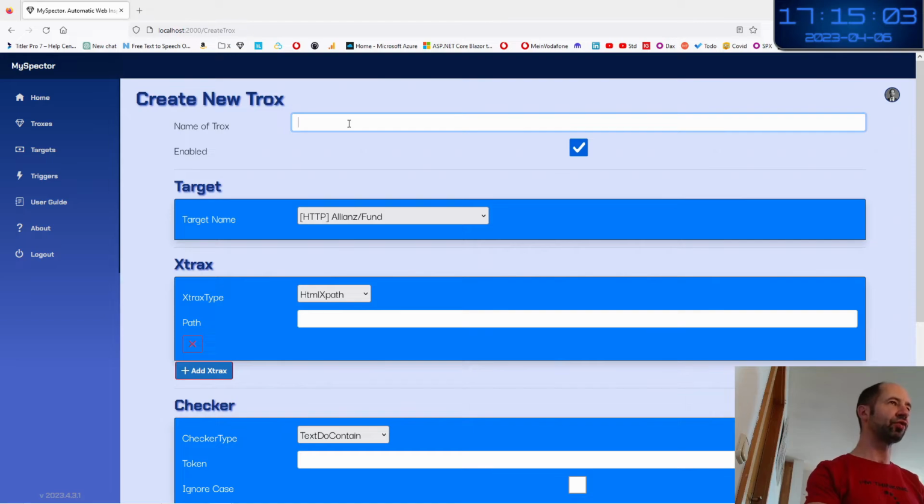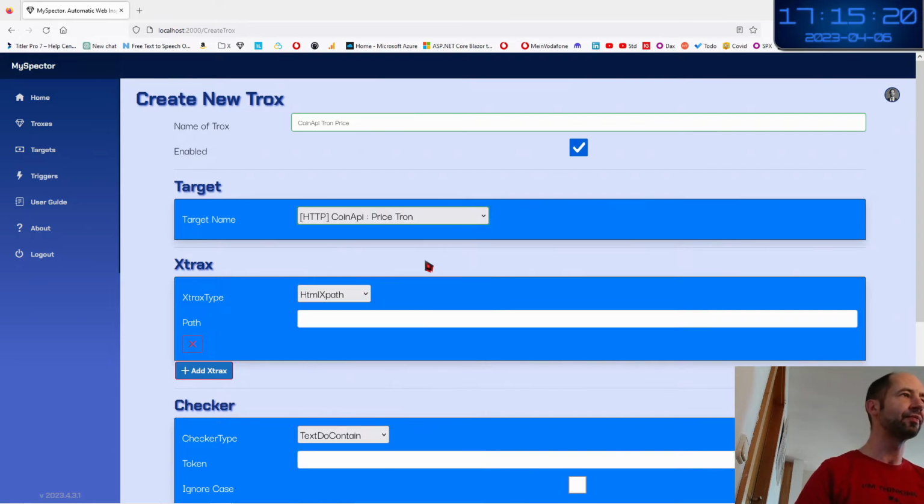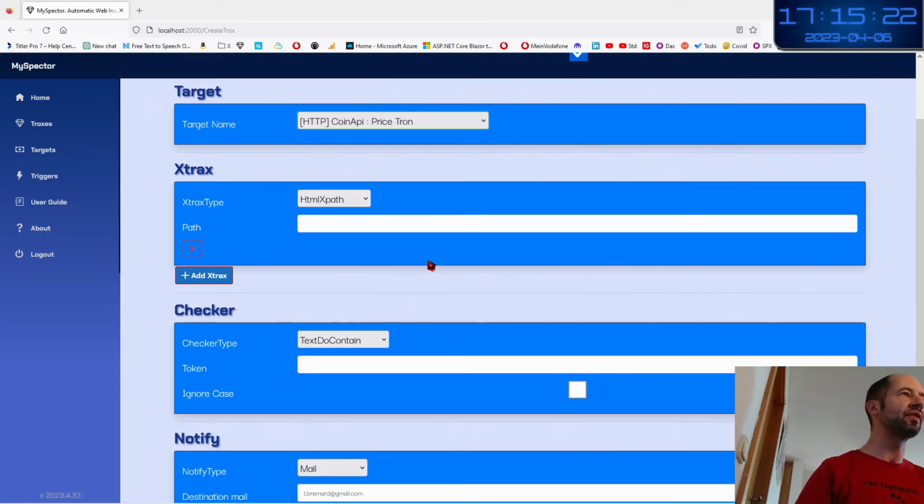So the name of the trox will be Coin API Tron price. I have in the target the list of the different targets which exist on my account. So here Coin API price Tron that I have just created. And now comes the interesting thing, the extraction operator.